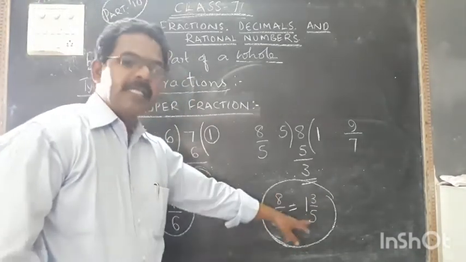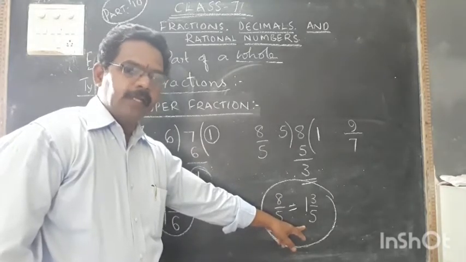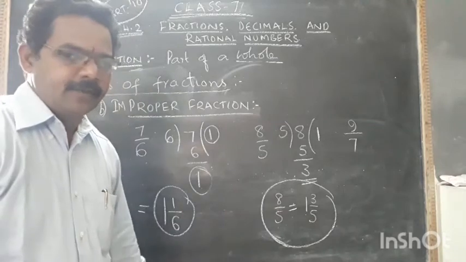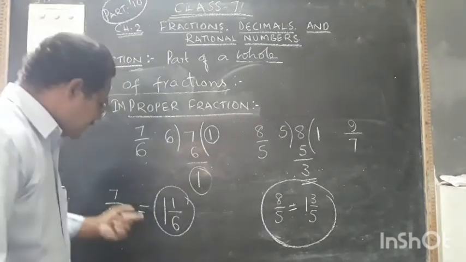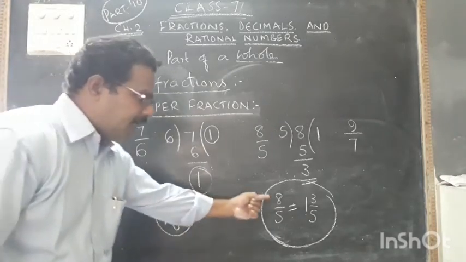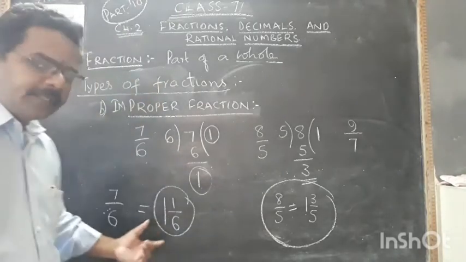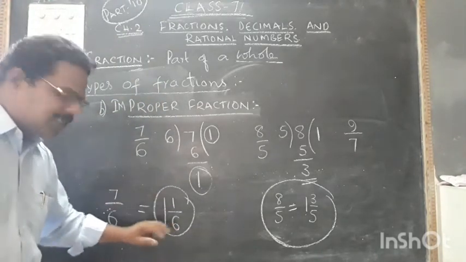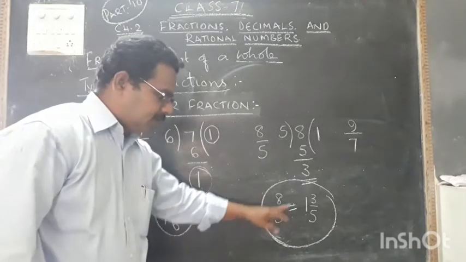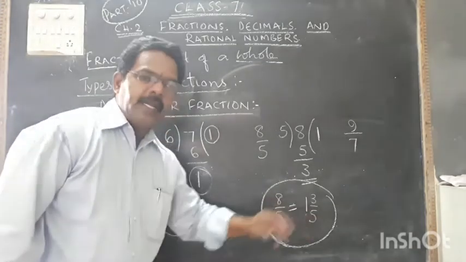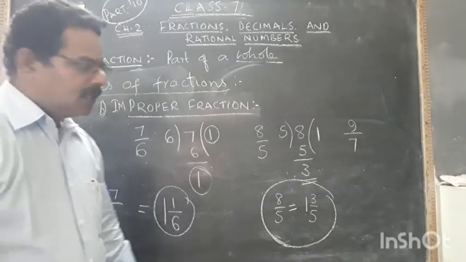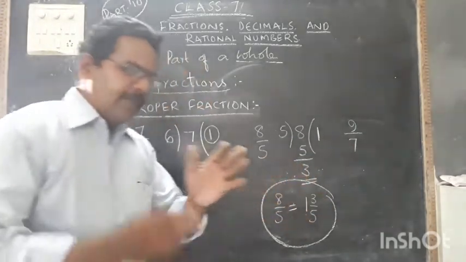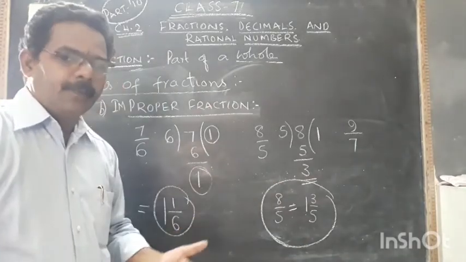After completing this division and converting into a mixed fraction, whether it is true or false, that we have to check. How to check this one? Here 7 by 6 or 8 by 5, anything. 7 by 6. Okay. For this we have written 1 and 1 by 6. 8 by 5 we have written 1 and 3 by 5. So after completion of the third sum we shall see how a mixed fraction can be converted into an improper fraction.